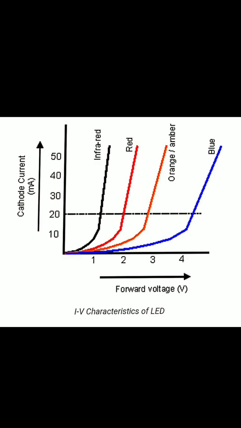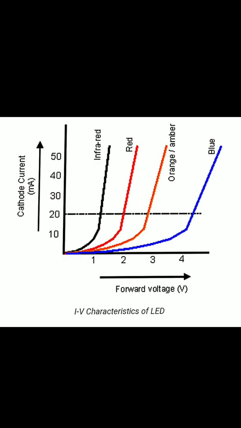For different colors of LED you get different curves, or you can draw any one. If you don't have time in an examination hall, just plot the x and y axes: on the y axis current in milliampere, and on the x axis forward voltage, and draw the nature. You can draw any one, either red, or don't mention the color. If you draw only one characteristic, please don't mention the color of light. So you can draw any one instead of these four.